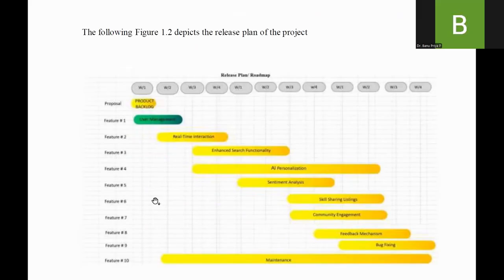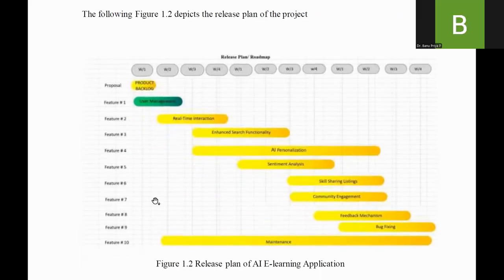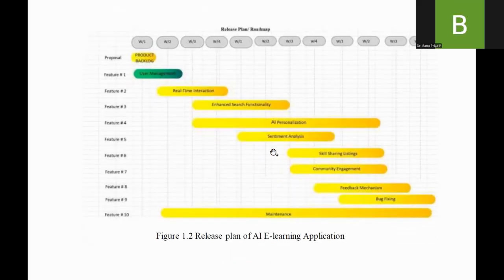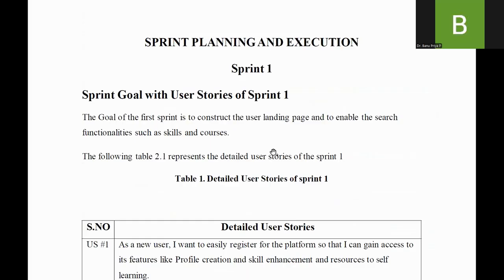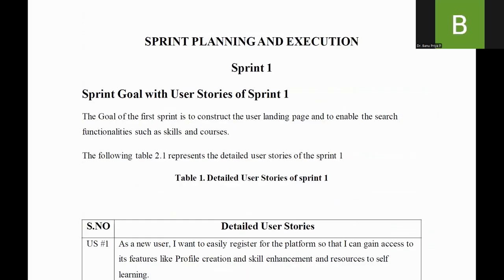Product release plan, in the last lecture we have seen, is a roadmap. On the left-hand side, we will have so many features, and there we will be having the feature statements. And at the top, the weeks to complete these products or features, right? Yes, as I already told, in Agile practices, we will be dividing the complete objective or the product into small sprints. And each sprint will have several user stories.